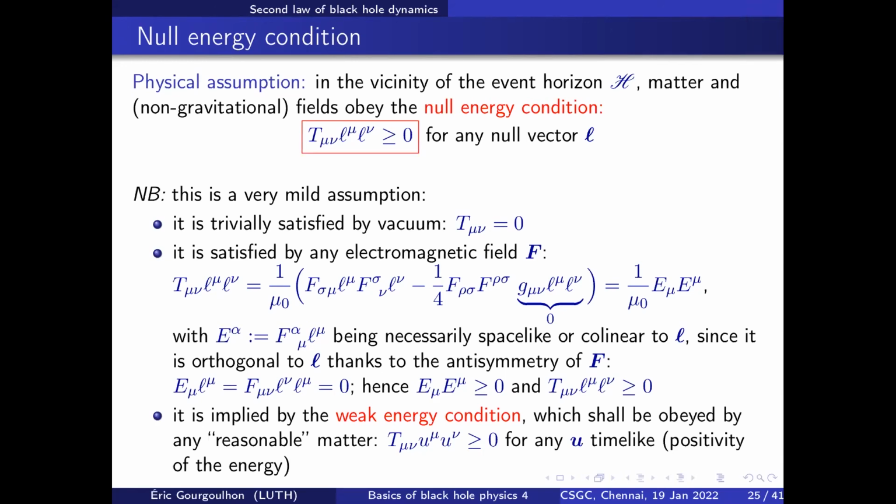But for a process that we think is active in astrophysical conditions, we don't expect that. But of course, we may get surprised some day. I mean, if someday we see a black hole event horizon which is decaying, well, this could be the sign that something is wrong with these assumptions, of course.